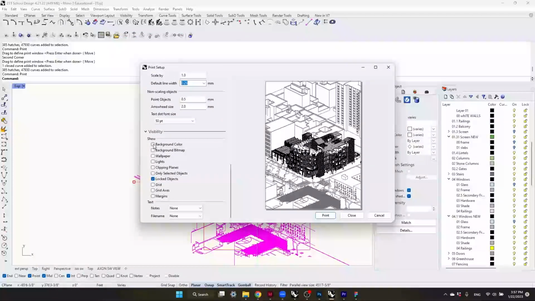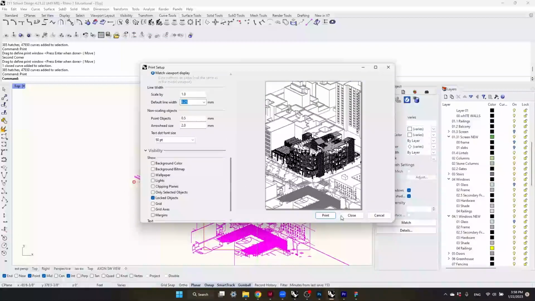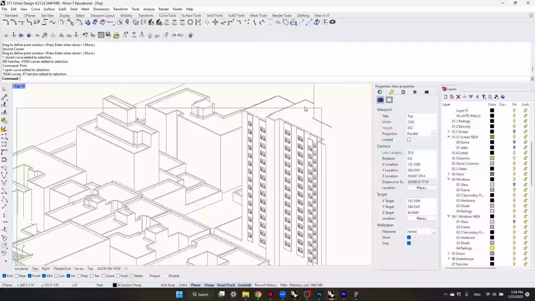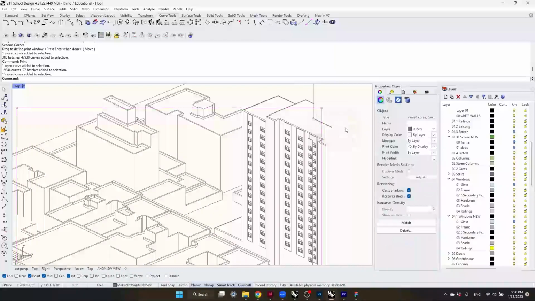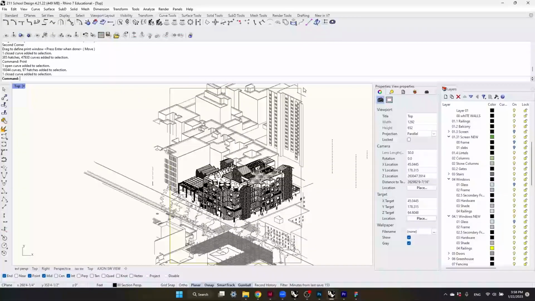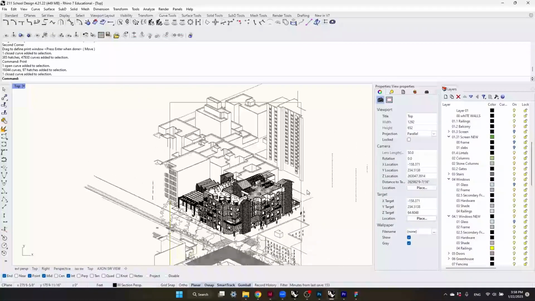And then you're going to want to uncheck the background color, because otherwise it'll show up as the background color of your Rhino space. And then one other thing that you can do is to set the bounding lines to print with no print, so that when you print it out, you're not going to have a border. And so say I printed that out,